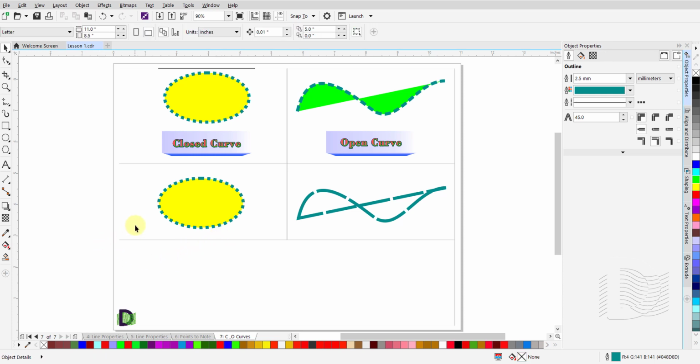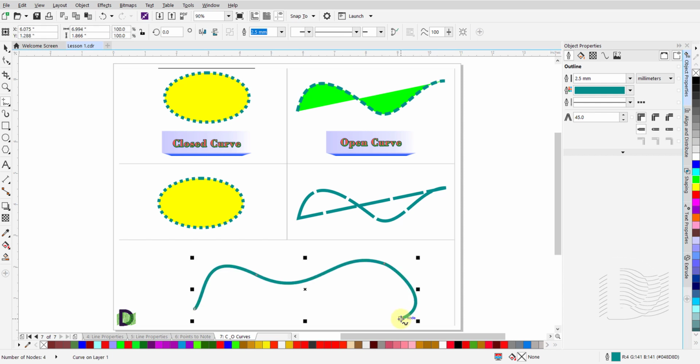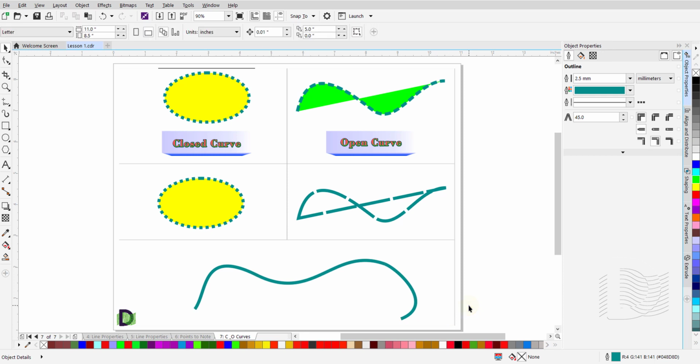To erase a portion of a curved freehand line while drawing, without releasing the left mouse button, press and hold the Shift key and drag backwards over the line to where you would like to stop erasing. Here, simply release the Shift key and continue drawing. Release the mouse button when you get to end point. Take some time to practice drawing different shapes until you are comfortable with the freehand tool.